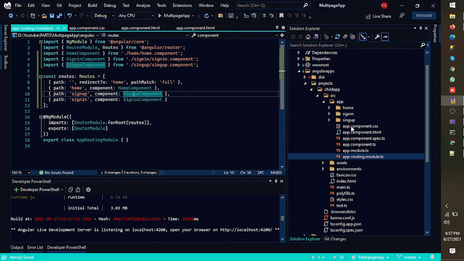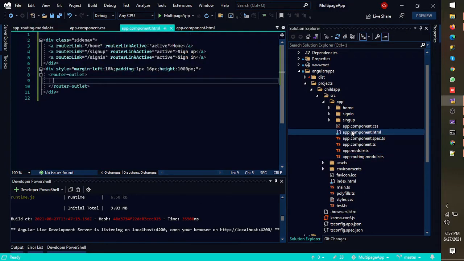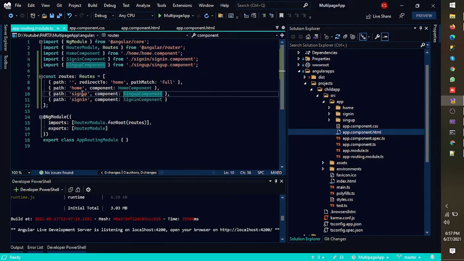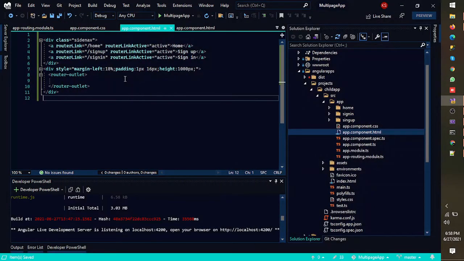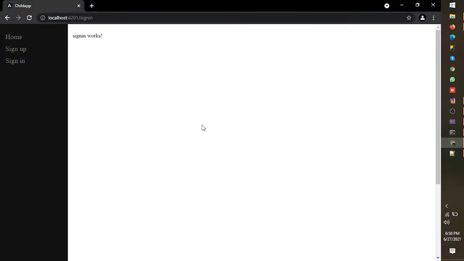Okay, let's review over route. If we use the sign up here properly. Okay, let's run, see what our application looks like now. Our home component, our sign up component, and our sign in component is working. There is a little bit more distance, the padding left is a little bit more. Let's make it 15 and see if it works fine. Yeah, it looks fine to me now.